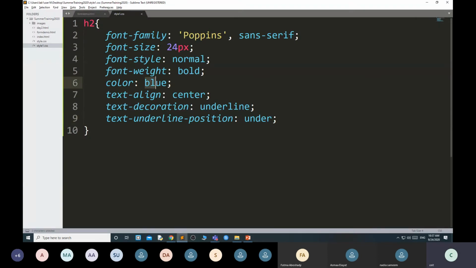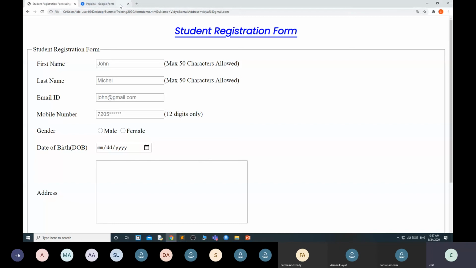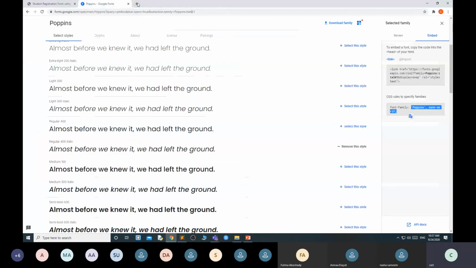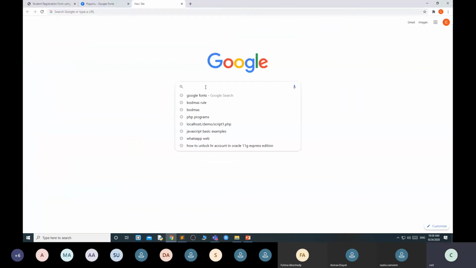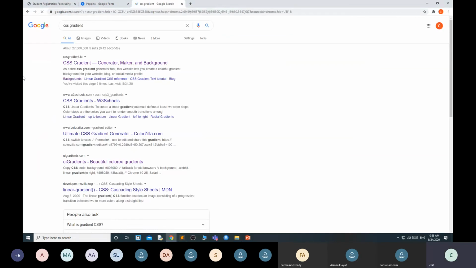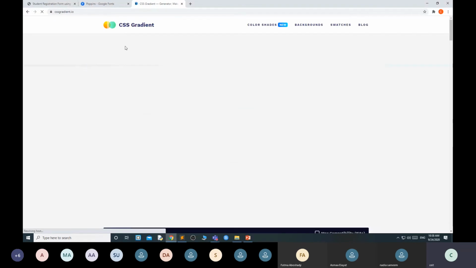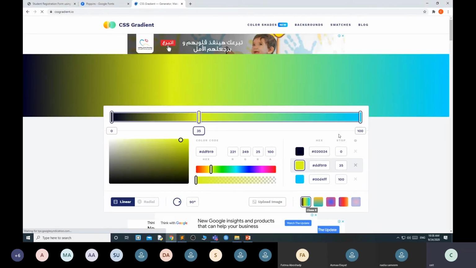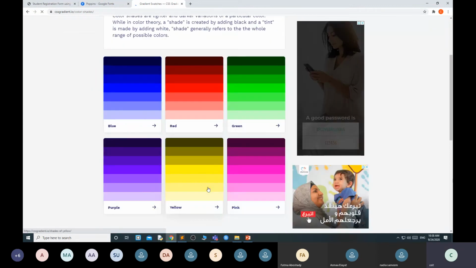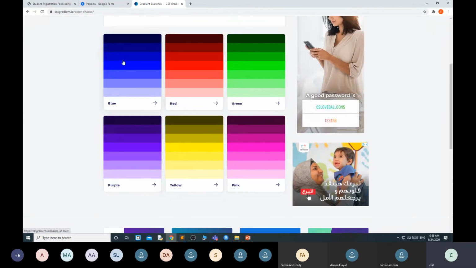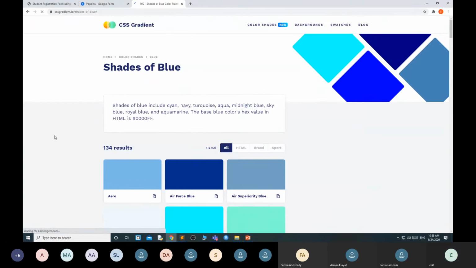Now, suppose you don't want to use this color blue. You want some other color. Then you can use the color palette. See, CSS gradient. You just open this one, CSS gradient. This will give you the color palette, like color shades, which shade you want. Suppose I want this one.